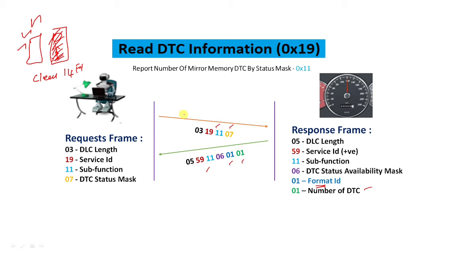So that is the purpose of the mirror memory. Mirror memory works on a buffer basis. It will keep storing the DTCs until they are intentionally cleared from the garage. So until then it will keep on storing the DTCs. All right, so that's what the mirror memory is, and this subfunction 11 is used to report the number of mirror